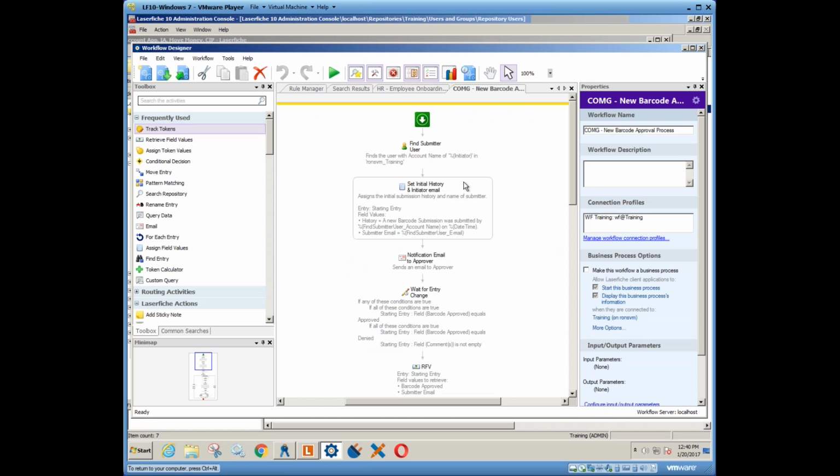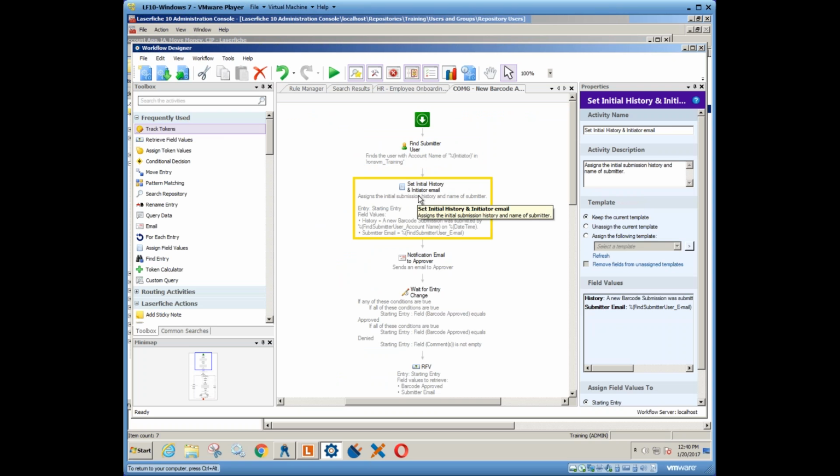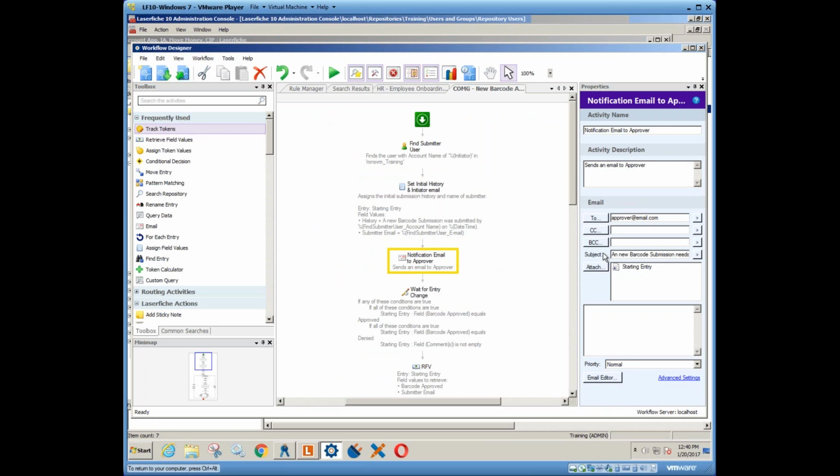Here's one that might be nice and deep. Okay, so here's a workflow where it looks up a user's name based on who started the workflow, tries to find some initial information, sets field values on a document, sends an email from the system, and then waits